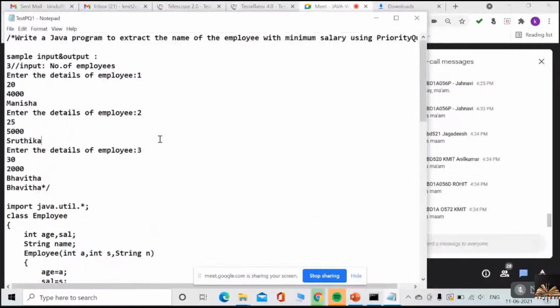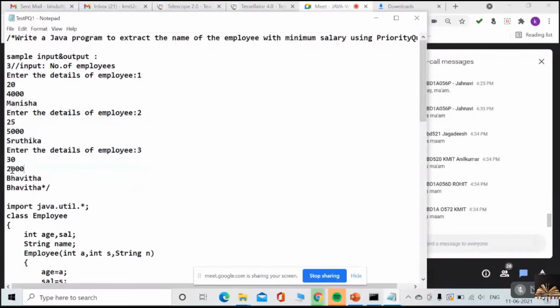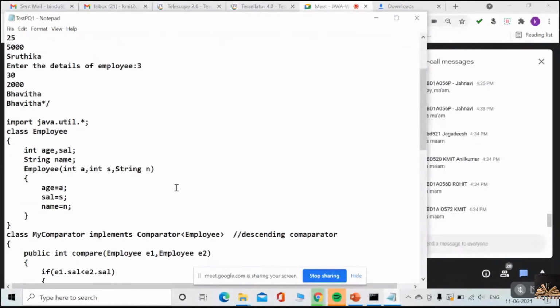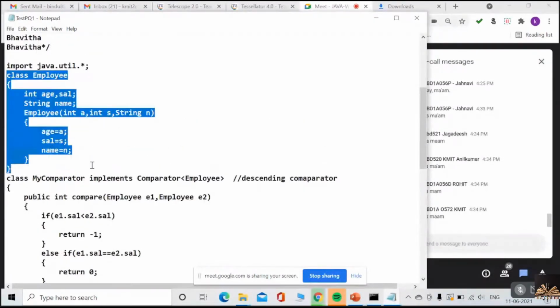And finally, among all these entries, whichever employee has the lowest salary, that is Bhavita with the lowest salary 2000, so Bhavita is your output. Now you have to create a class Employee with a constructor initializing age, salary, and name.